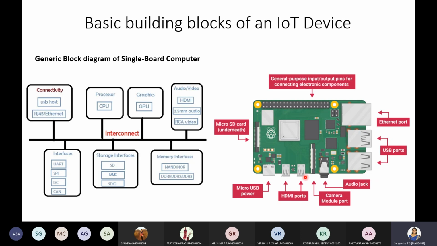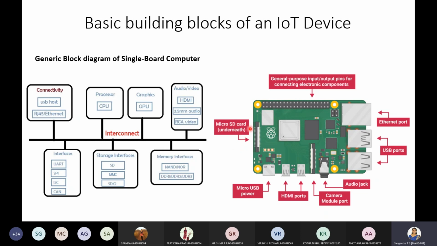Then here come the HDMI ports. Basically, this enables the system to be connected to a monitor or an LCD display. There are two HDMI ports. One is enough, but you can make use of one more if you want to connect to more display devices. Next comes the micro USB power port, wherein you can give power to the system.